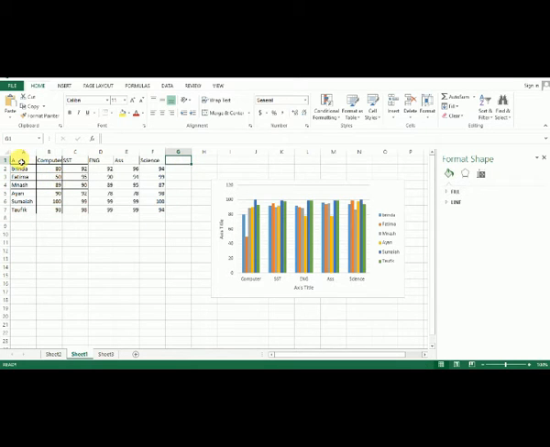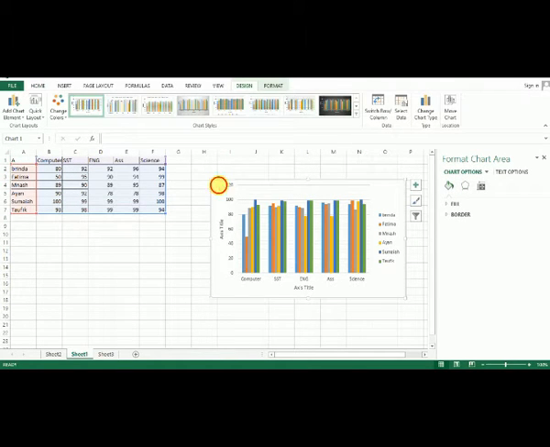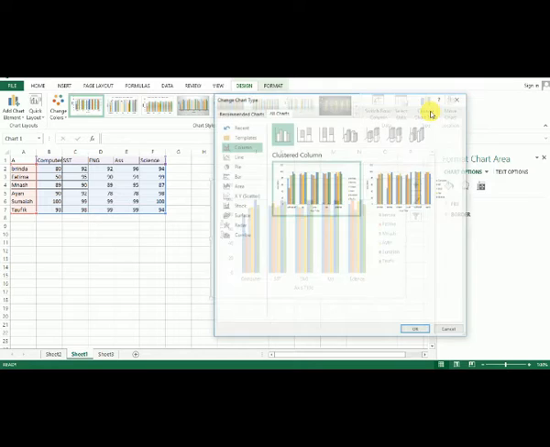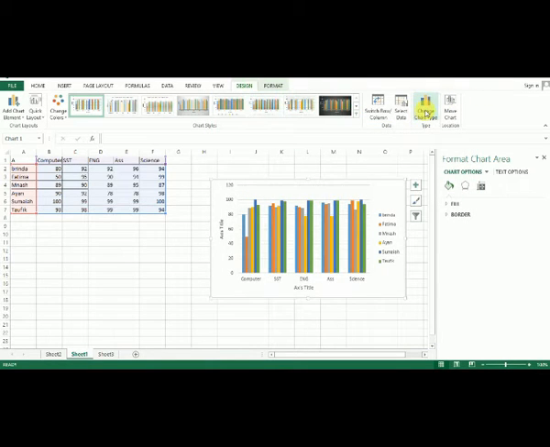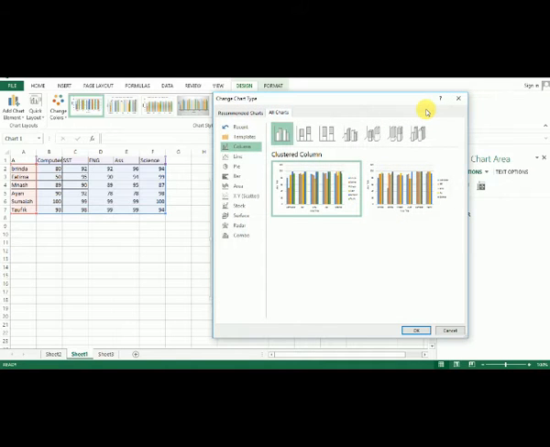Yes, the table data is the same, but only the chart type changes. The types of chart are column, line, pie, bar, area. So when you want to change any chart, you can use change chart type.